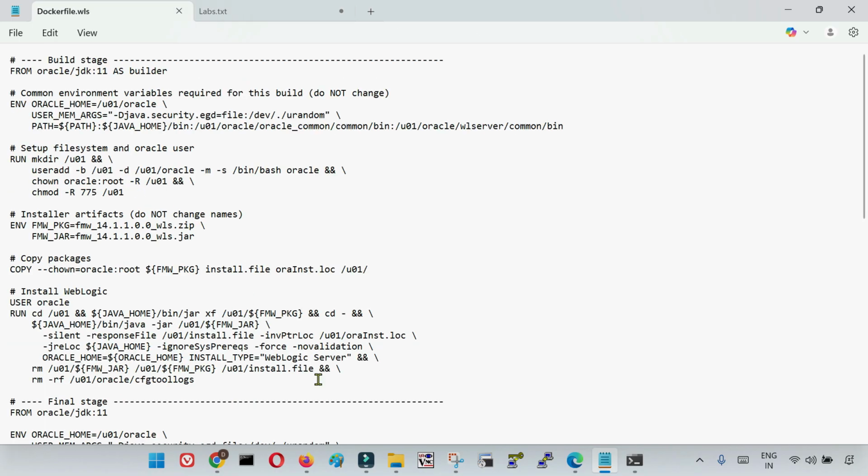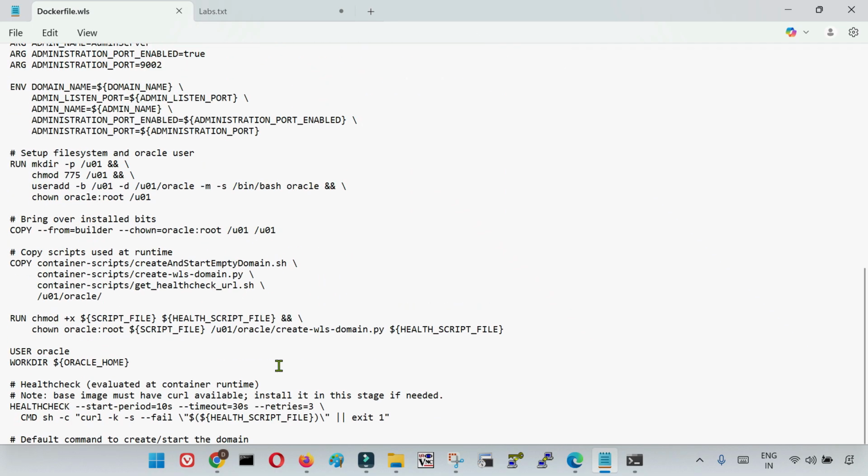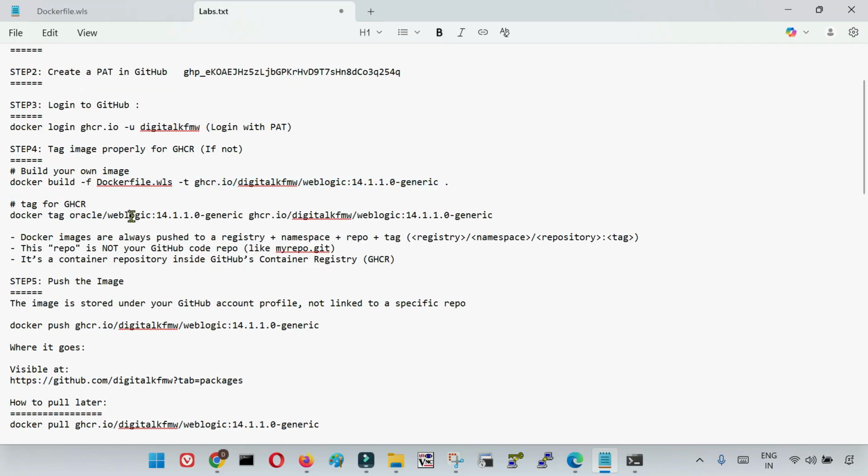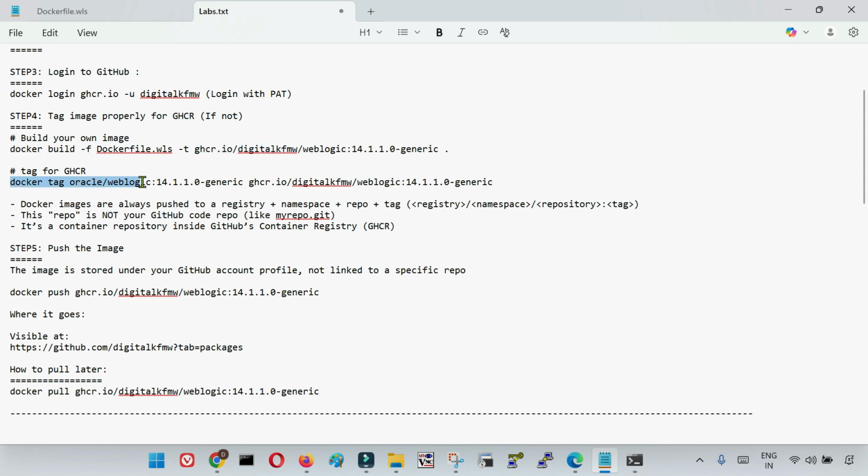Okay, so this is my Dockerfile that I have used to build my WebLogic image. For this I am going to create a separate session, so as of now it is not required to learn how to build an image. I'm just telling you because when you build the images, we can create the tag according to our requirement. So as of now I have the image with the tag of Oracle,